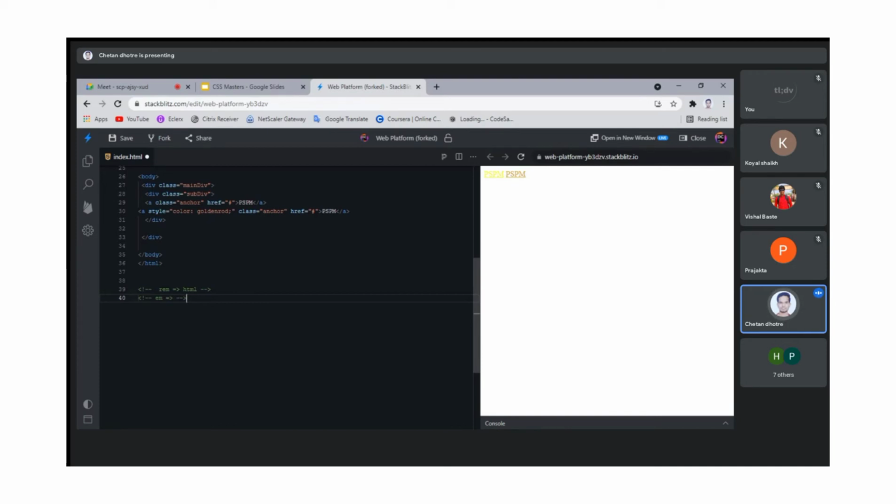And there is another thing, as I wrote here, ems. So what is meant by ems? The rem units are relative to the root element, which is HTML. What does it mean by em? It's not that hard. The em units refer to their parent, not to siblings. There are many CSS concepts like siblings and other declarations.